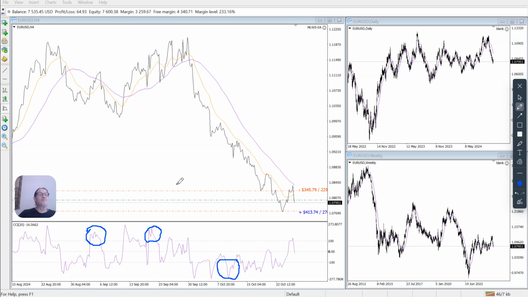Number two, even with price retracing, there is no guarantee that it will continue. For example, here it retraced below the positive 100 level, which indicated a sell entry, but then the price went right back up, and then below again, and then back up again, and below again, and then finally decided all around here